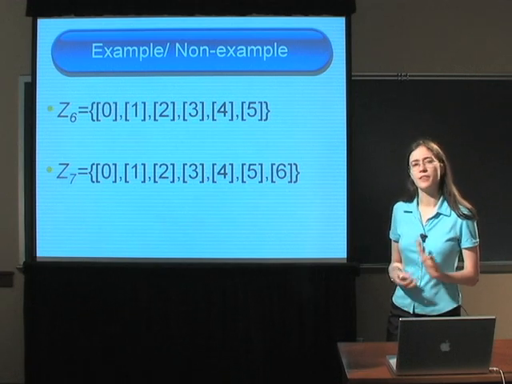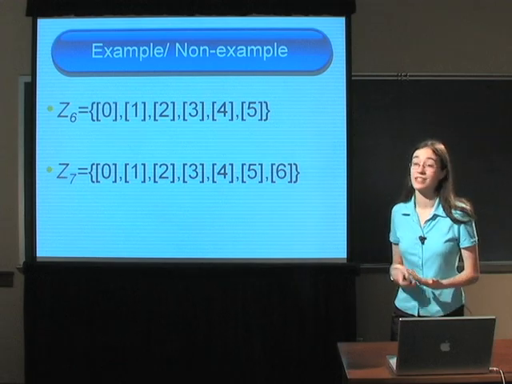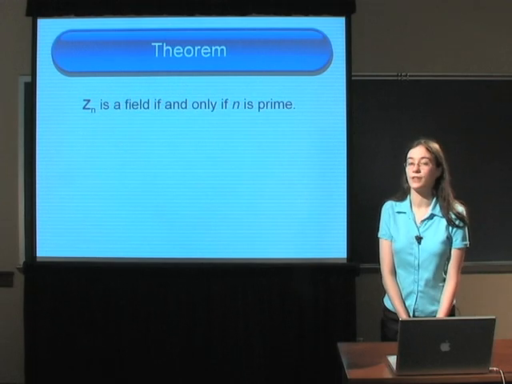Now, why is it that 2 had an inverse with Z7, but it didn't have one in Z6? Well, that leads us to our next theorem. Zn is a field if and only if